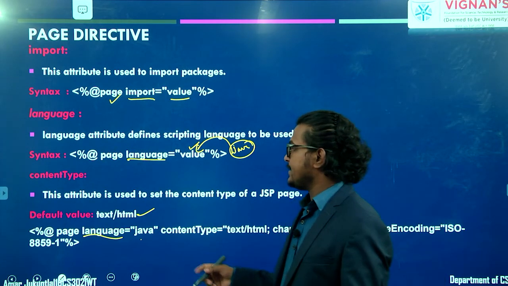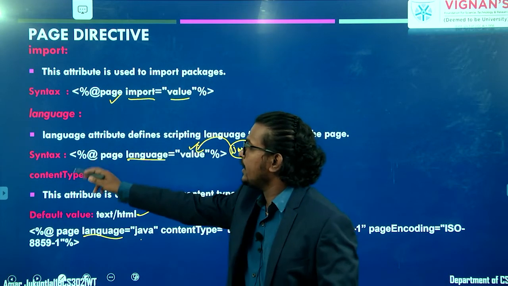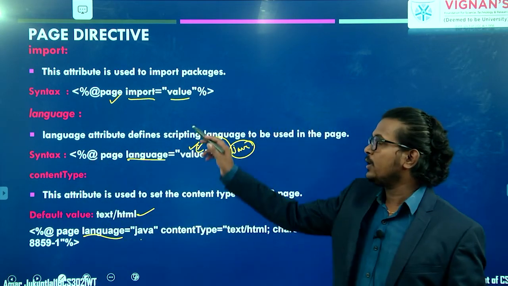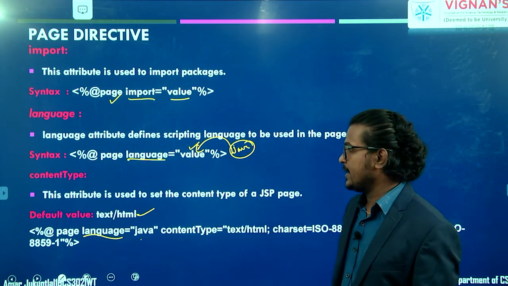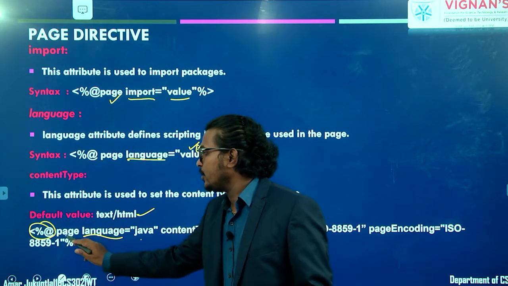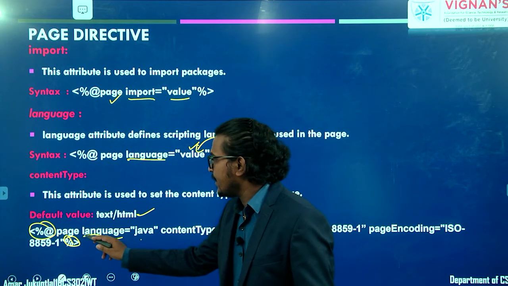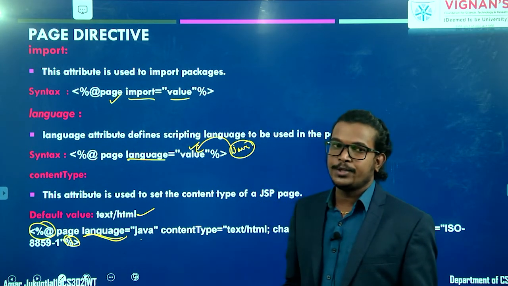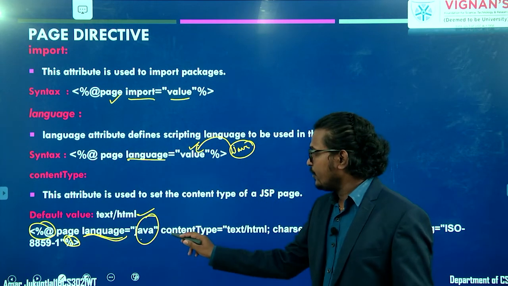Now we'll see one example, in which we use all three attributes. Here we have the open scriptlet and close tag. First we pass the language attribute, and my language is Java.